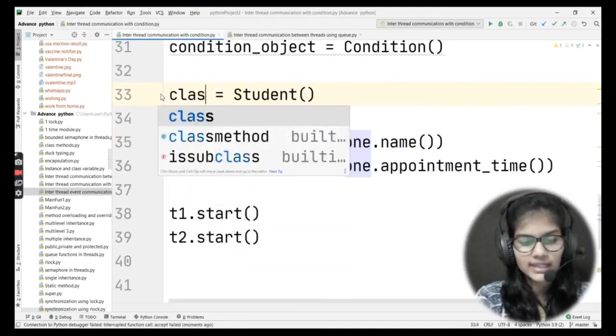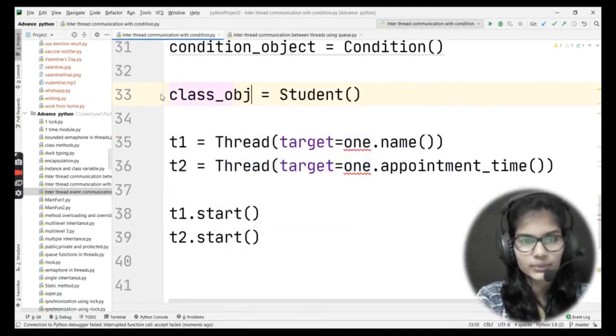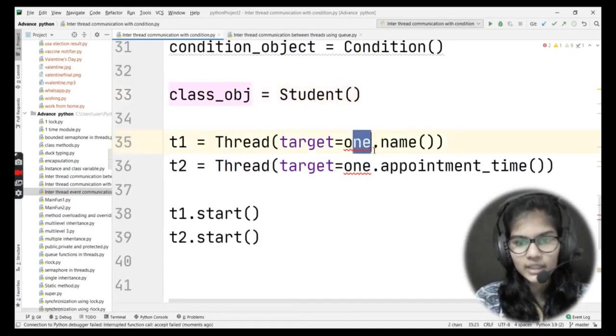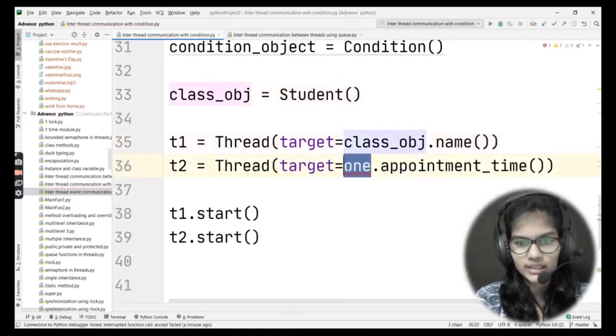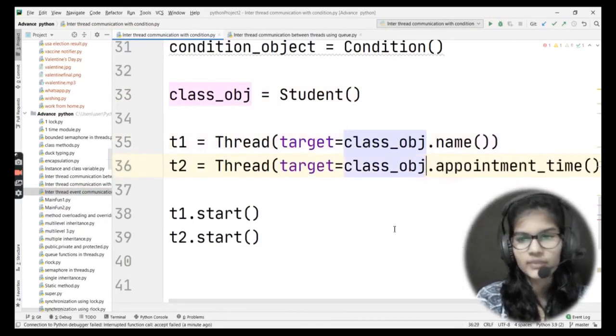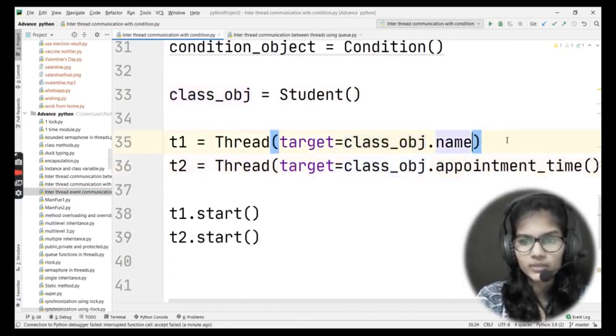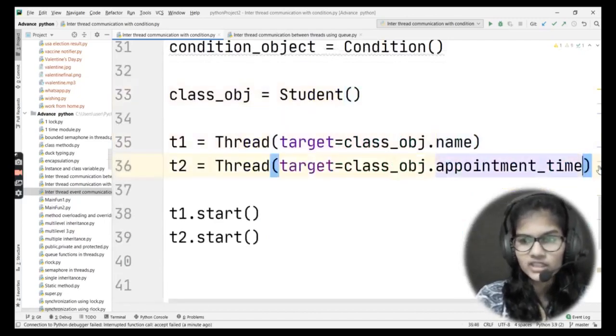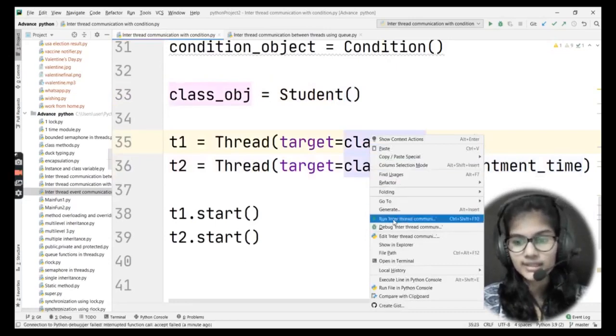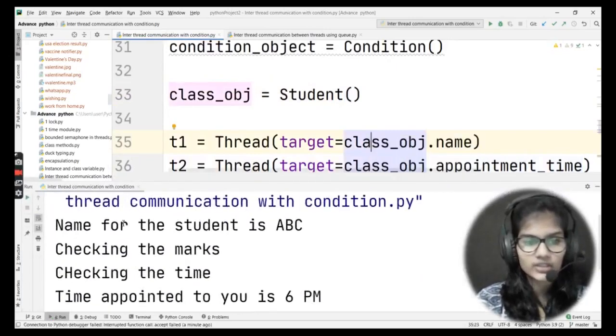Let me just remove this and let me just write class underscore obj. Actually, this is the name which actually runs here. Let me just write that here as well. And we do not put these brackets whenever we are just calling the function inside the target. Okay, so let me remove both of these. Okay. Now I would just try to run this here once again, and here we just get the whole